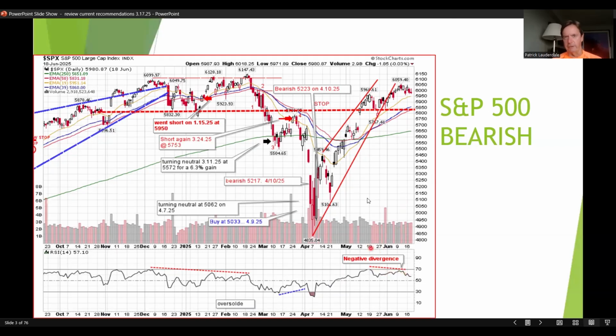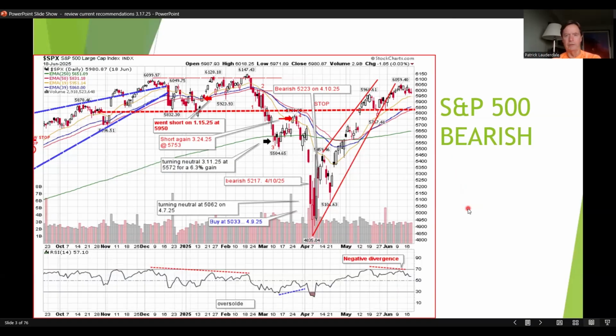a negative divergence. So this high and this higher high, we got lower highs thus far on our relative strength index. Again, suggesting that the underlying strength of the market is waning from the prior high. So here we had a negative divergence going into the top back in January, February. So we have the same kind of thing developing. Can that be rectified? Of course it can. If the market's up 1,000 points tomorrow on good volume and a good number of advancing issues, that could resolve this. But I don't think that's in the cards.